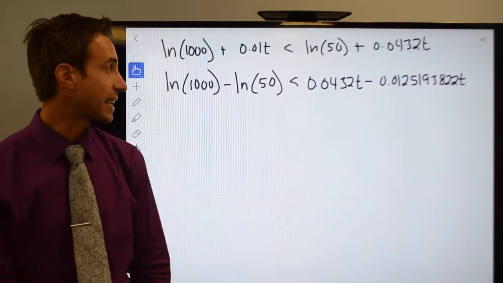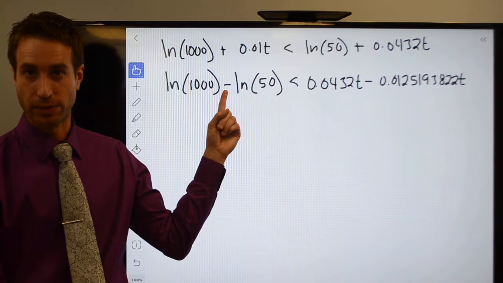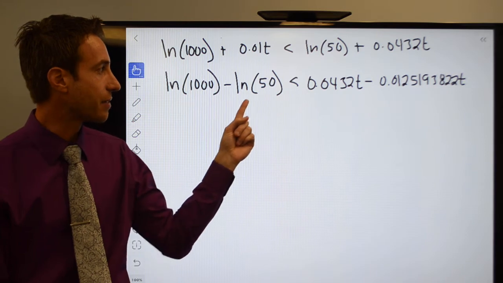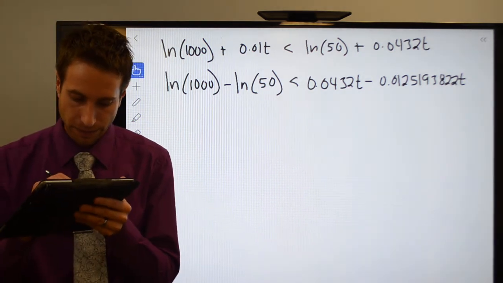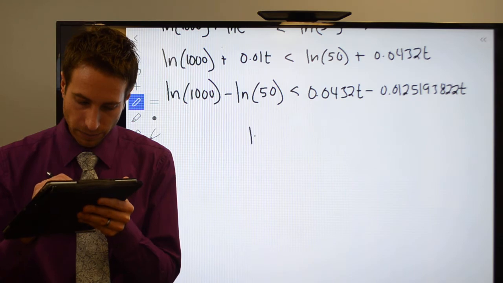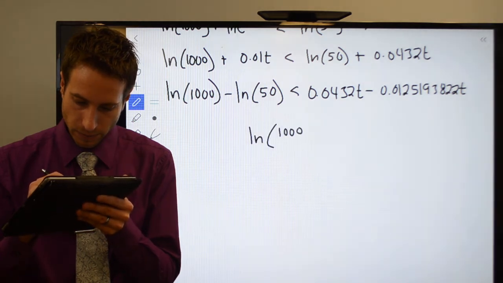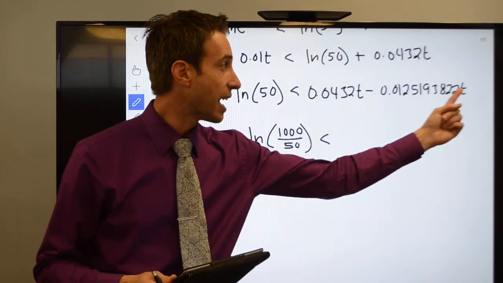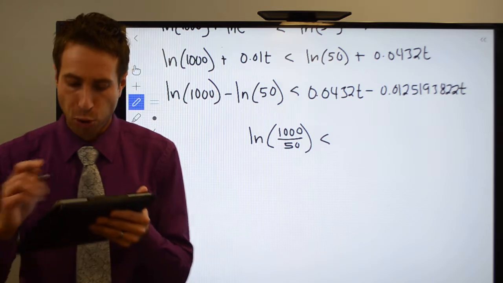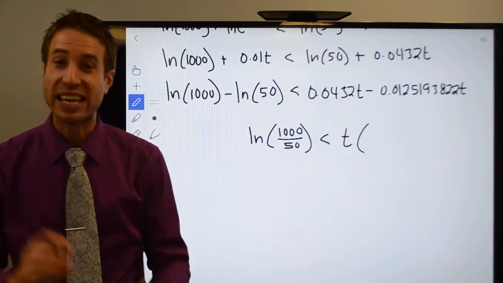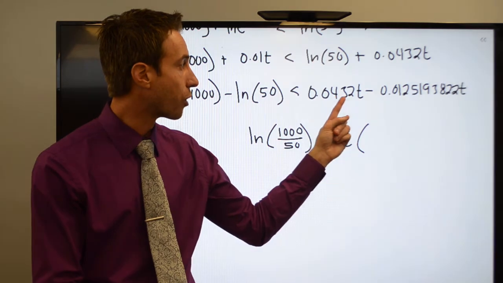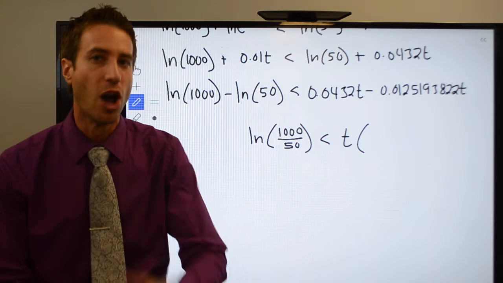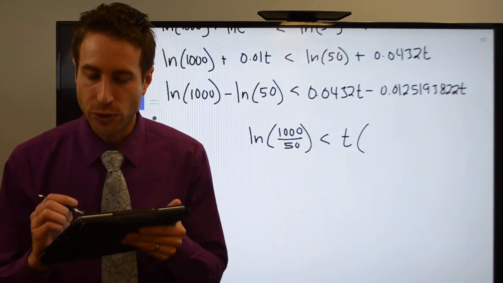The home stretch, you're practically there. Subtraction. It's the quotient property. I can put these two guys together as the ln of 1,000 divided by 50. Is less than, I have a t here and a t here. That's my GCF. Pull it out. T. And then here's what's left. 0.0432 minus 0.0125193822. Go ahead and do that subtraction. If you do that subtraction, you wind up with